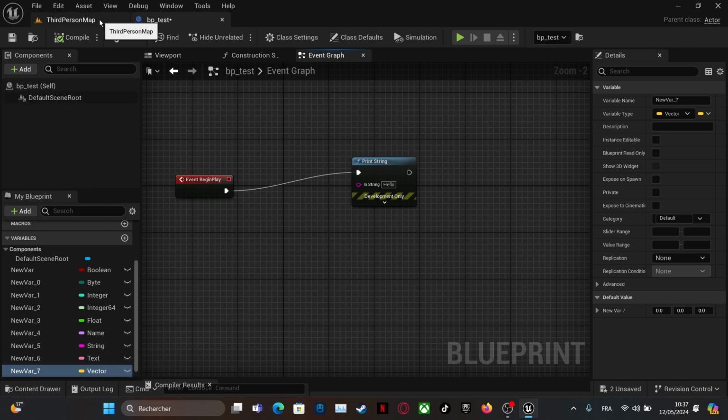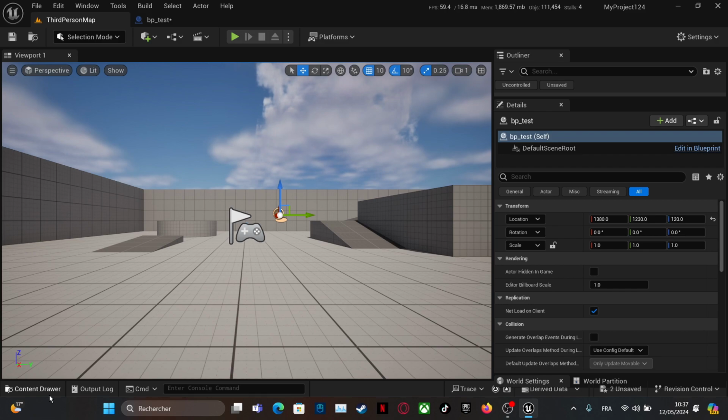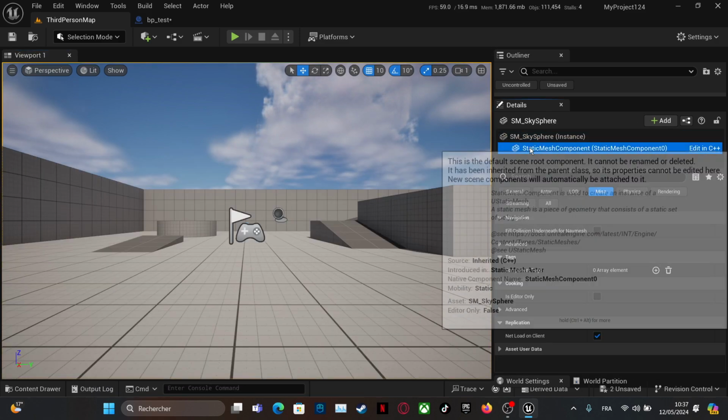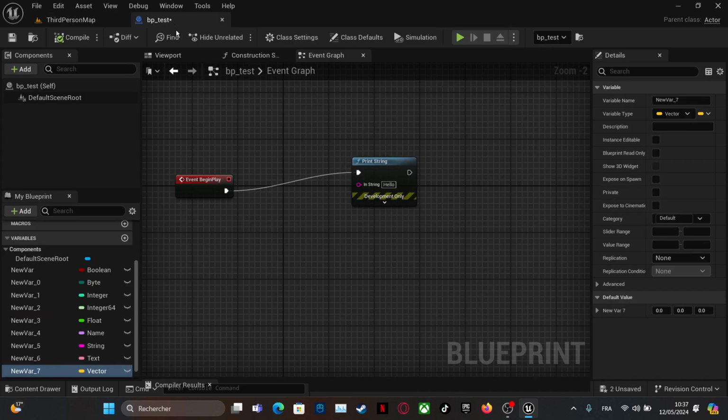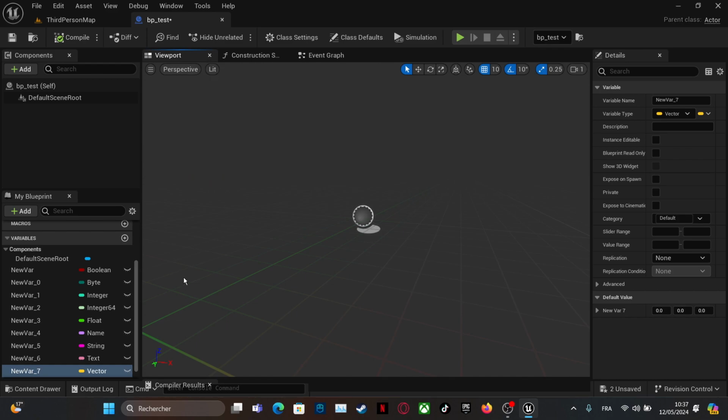Let me give you an example here. Yes, here I saw it. We use it for the location, the rotation, and the scale. This is a vector, this is a vector, this is a vector. So it has three float numbers, and let's go to the viewport. It has the x float, and y and z. This is the vector. It's located in the space.